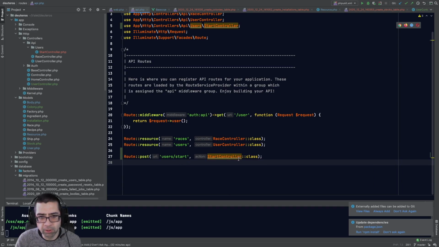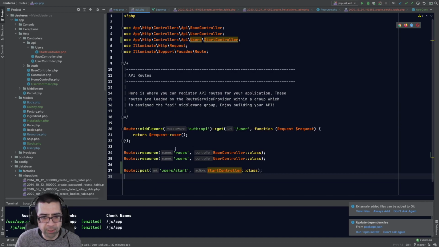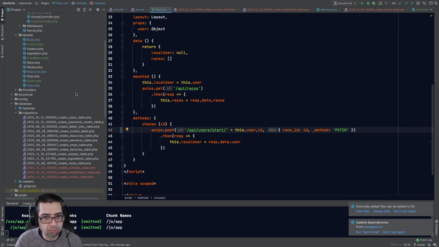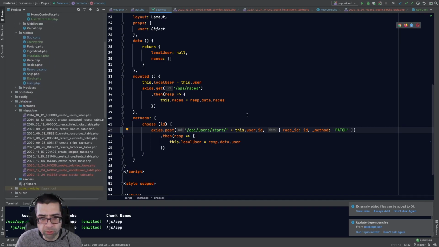Post user start. Yeah, I mean ideally it's a patch, but obviously it'll be a post here. Okay, I think that is it. API user start. And we need to put the user ID in there. Now we've got it patched anyway, so users, so that'll be